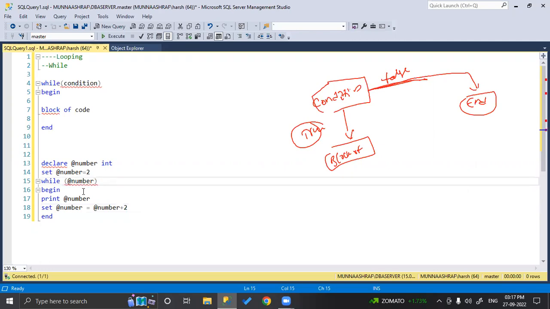So until the number becomes, it has to be, then it has to multiply with the number plus 2.